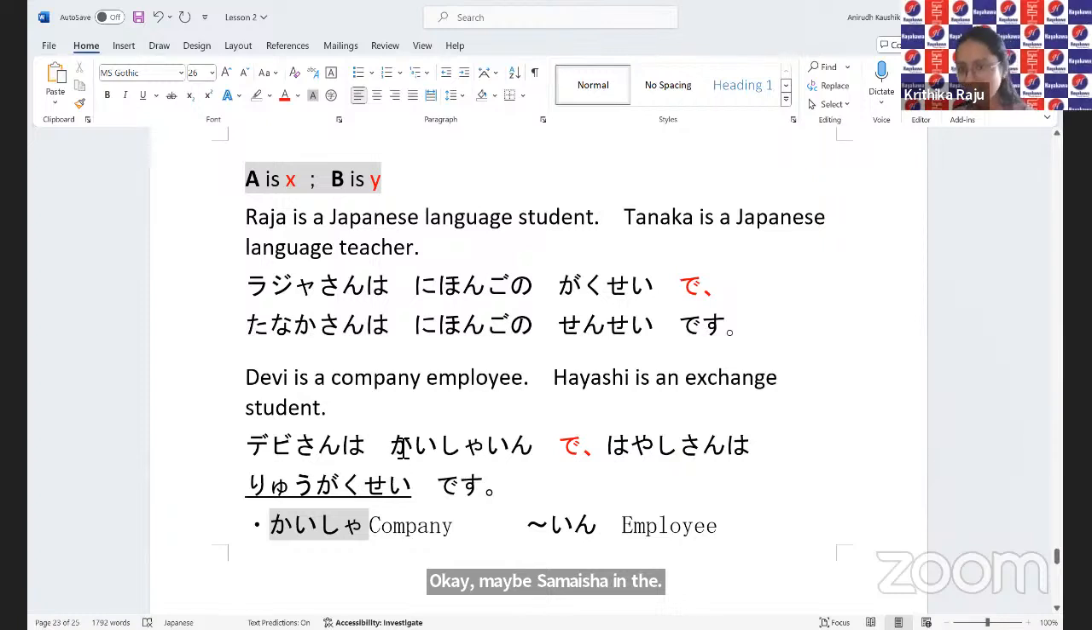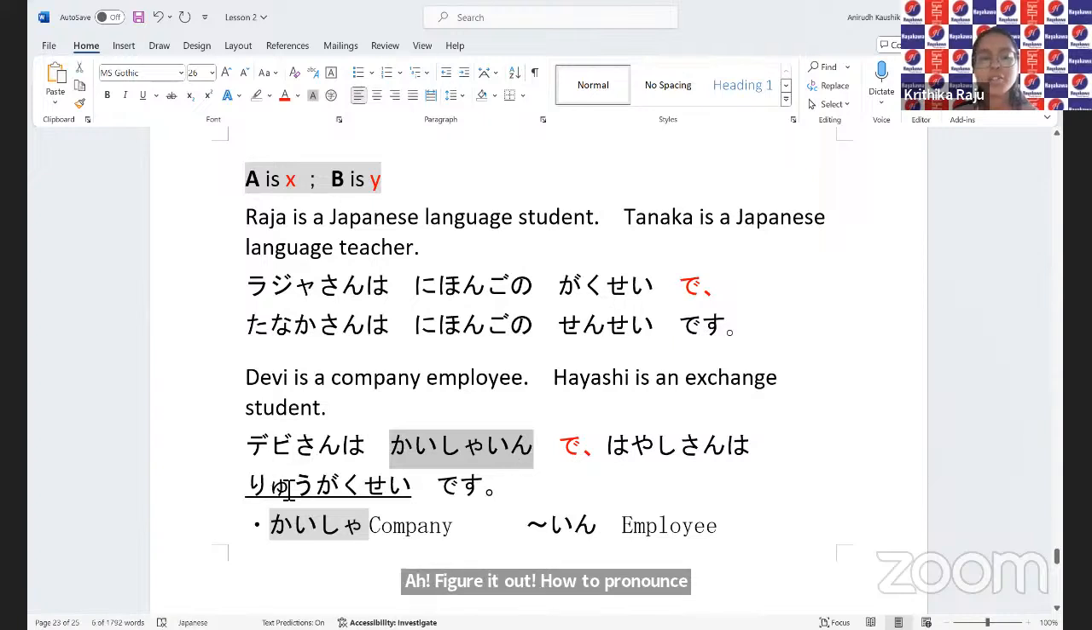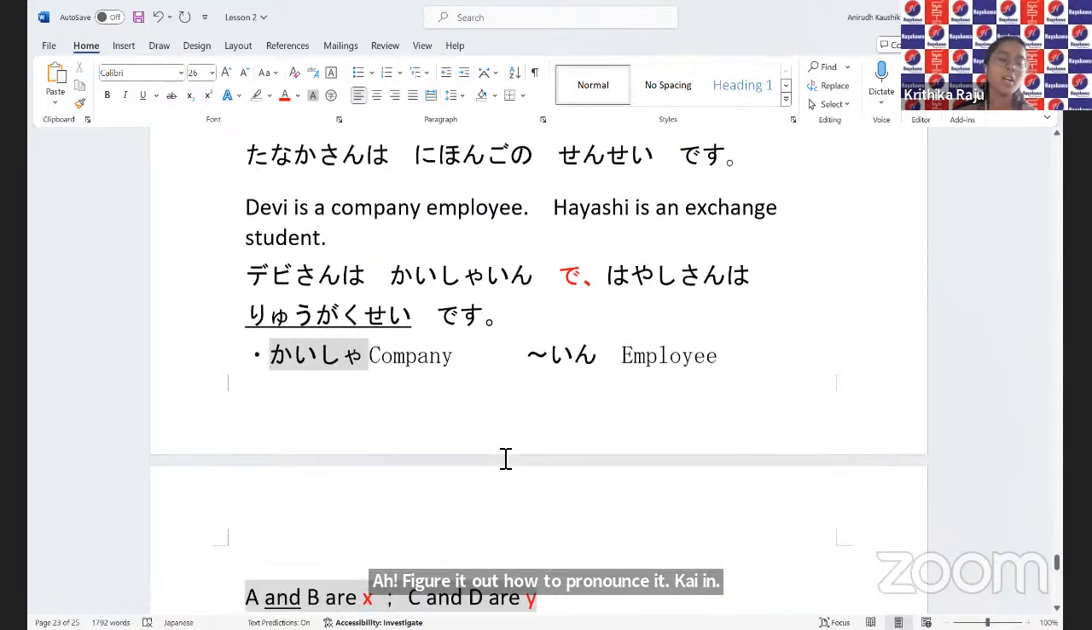These are new words, right? You're learning them just now, so I understand if you take some time to figure out how to pronounce them. Kaisha-in, ryugakusei. All right, you can make a note of that. Okay, now